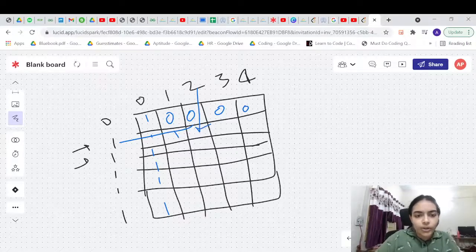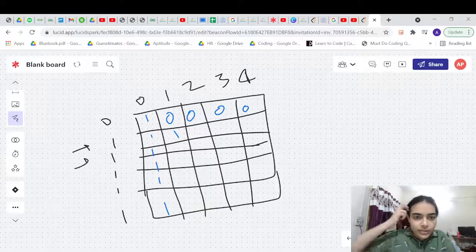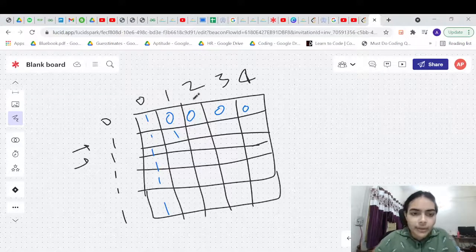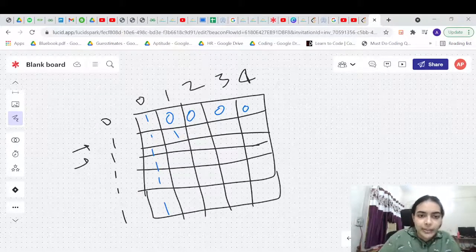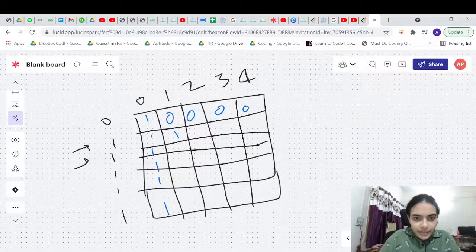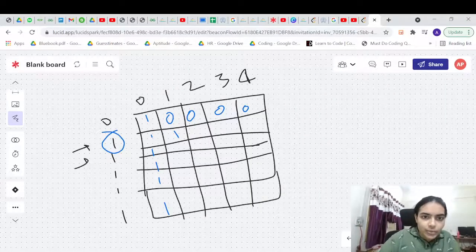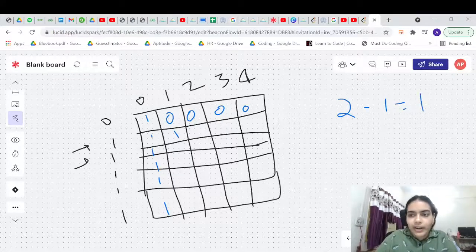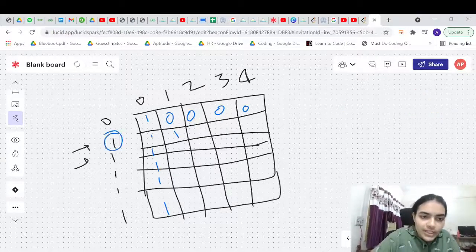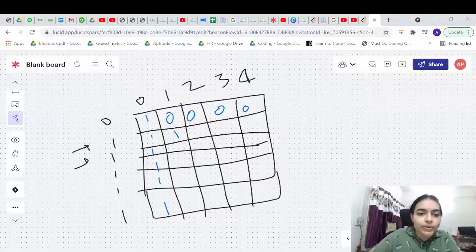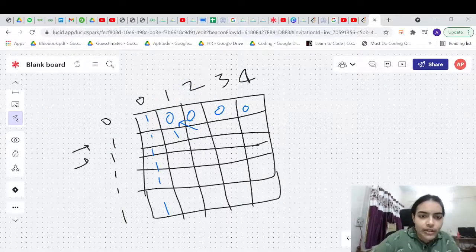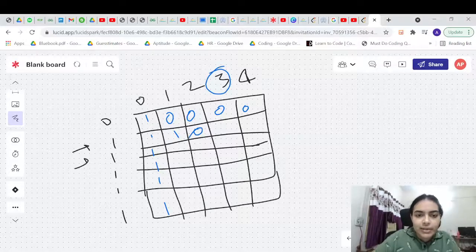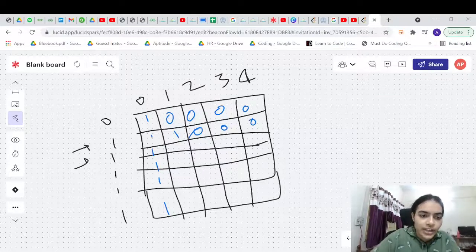Now using this 1 alone, you have to make 2. How many ways can you do that? You can never make 2, right? Because you will look in the DP table. Using 1, you want to make 2. You just have one element 1. What is 2 minus 1? 2 minus 1 is 1. If you are using this 1 to make 2, you need another 1. Till now we have not seen another 1, so we'll just look in the diagonal. The answer is 0. Similarly, you cannot make 3 using just one single 1. So we'll look in the diagonal. The answer will be 0. Let me fill this quickly.